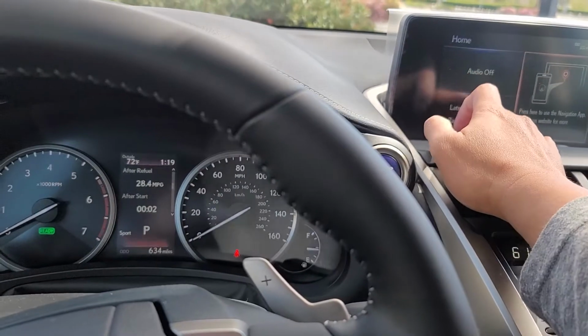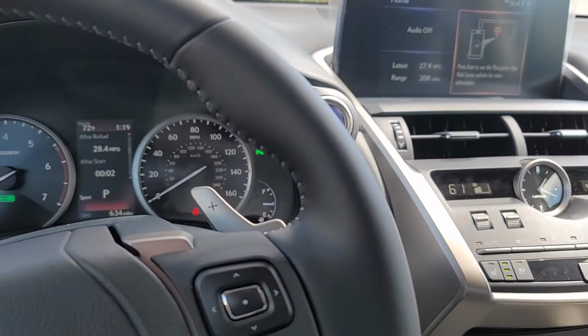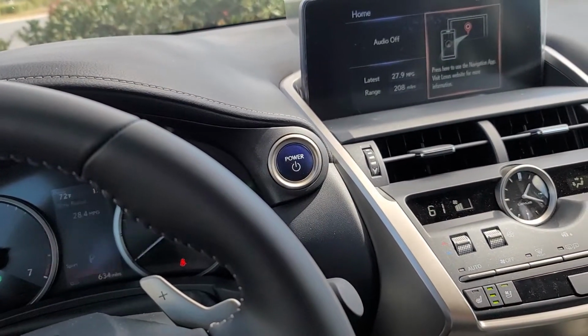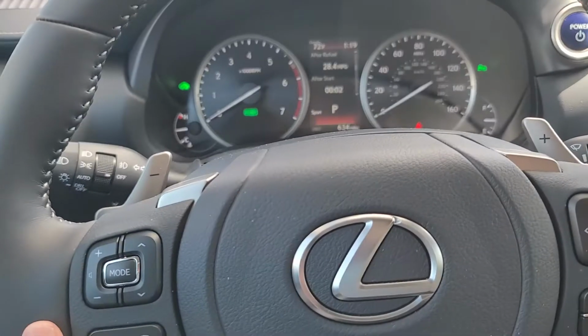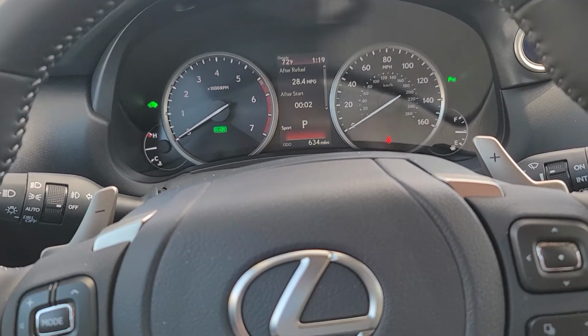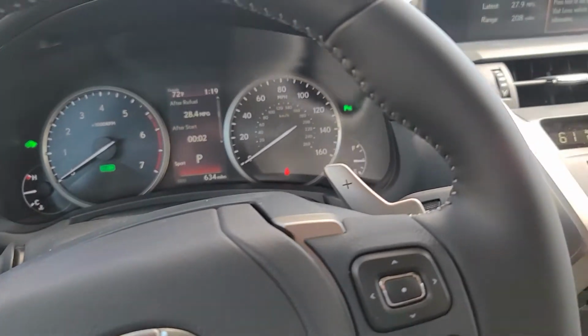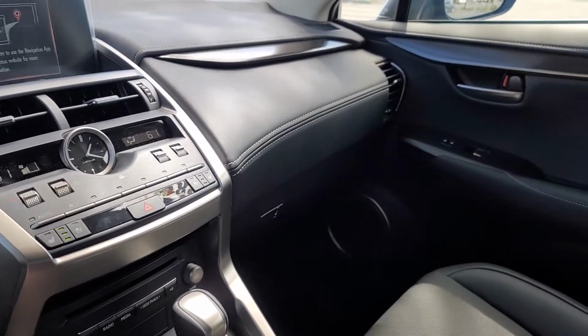Or actually, this is pretty far, so it's hard to even reach. That's why they have this trackpad. But I don't think this is something that people would like, since just like what I've said, it's not really user friendly. Another thing that I need to point out about this car is the sound system, which is the